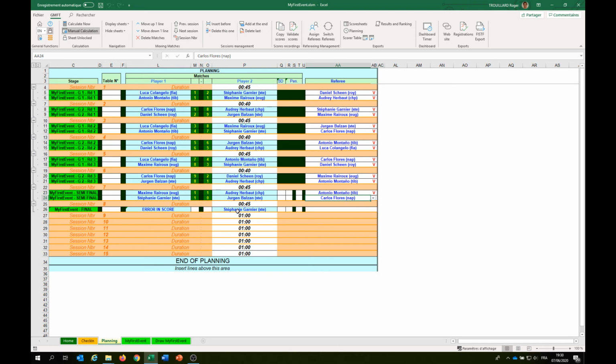Good. But as you can see, there is an error in score here. This is normal because for match and elimination phases, we can't have a draw. So we need to correct this mistake. To do this, we copy scores again to invalidate the lines of this session, and we can correct